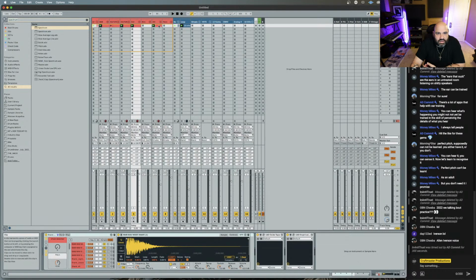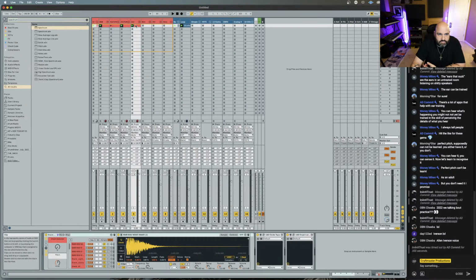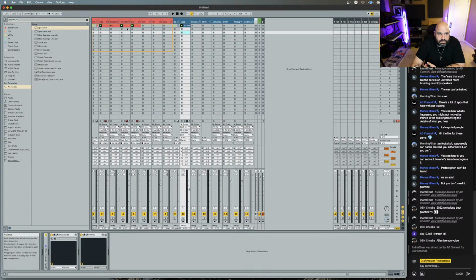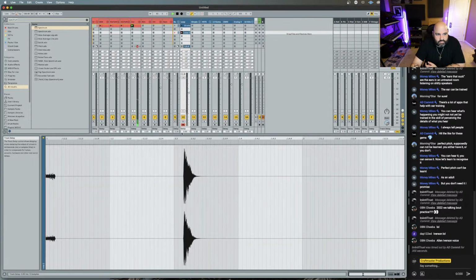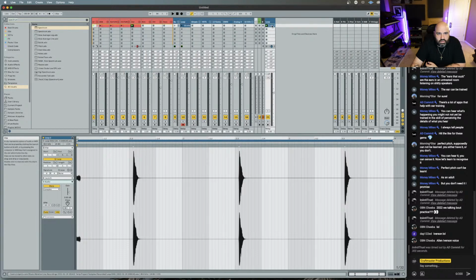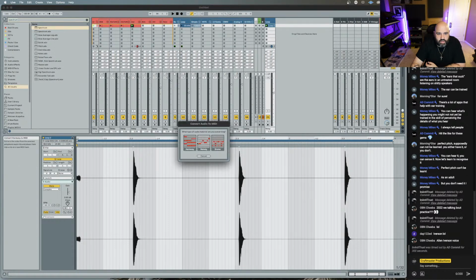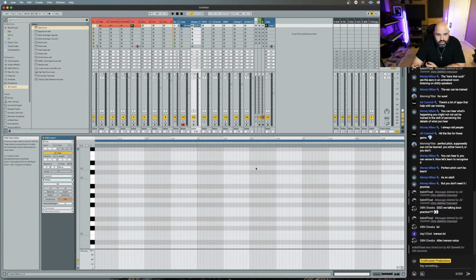We can't be taking a hi-hat, or taking this snare, putting it on a MIDI track, setting it to melody, and then trying to find it.